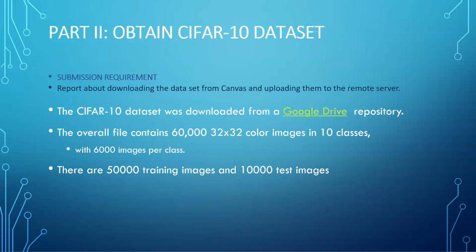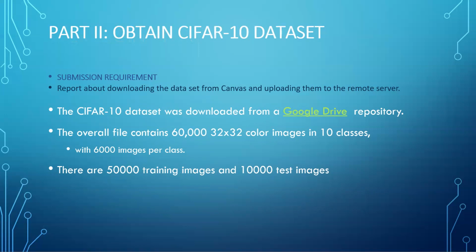and 10,000 test images. The first step in any machine learning, deep learning, or data science project is to pre-process the data. We will be defining the names of the classes over which the dataset is distributed. There are 10 different classes of color images of size 32 by 32. Once we have set the class names, we need to normalize the images so that our model can train faster.